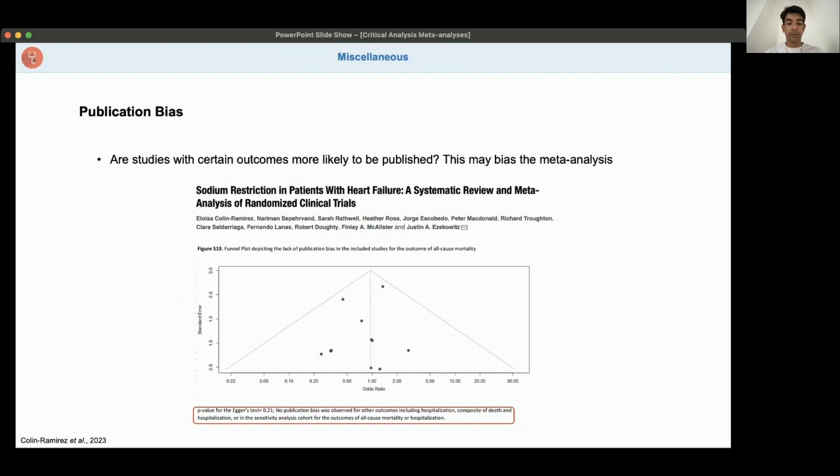So you do something called a funnel plot, because it looks like a triangle funnel, and see whether there was any publication bias. If your funnel plot looks like a triangle, like here, then there's no publication bias. If it doesn't, then there probably is. And you also get an automatic p-value for the funnel test, and you can look at that as well to see if there's any publication bias or not. In this case, there wasn't, which is great.